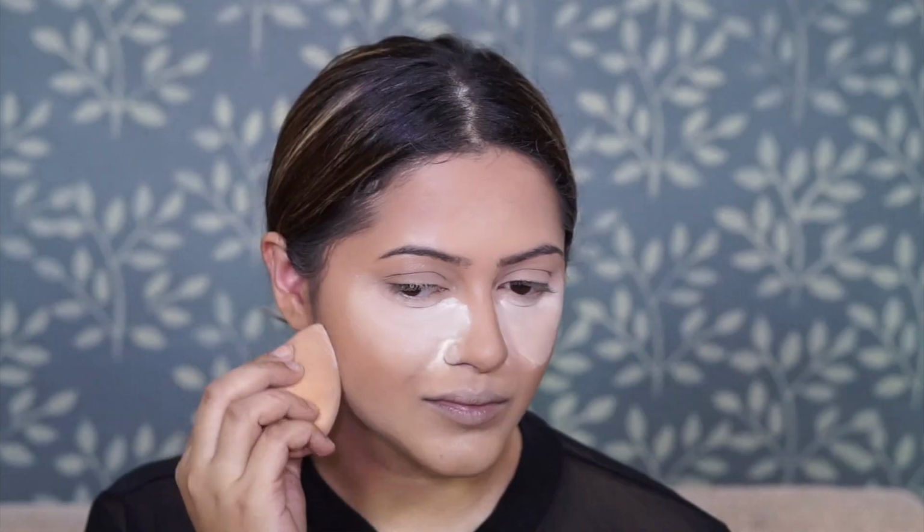So I'm going to use my dab it sponge and just blend everything together so it looks more seamless. Then to set my face, I'm using the Huda Beauty powder in the shade Banana Bread. Now I know I've used a lot of Huda Beauty products because I just wanted to play with them, but you can definitely use what you already have. I'm also going to bake with the same powder